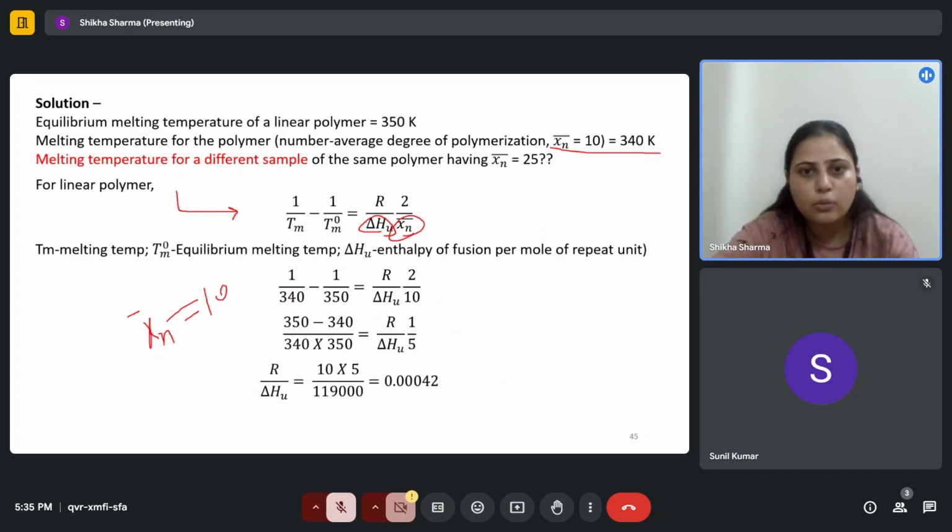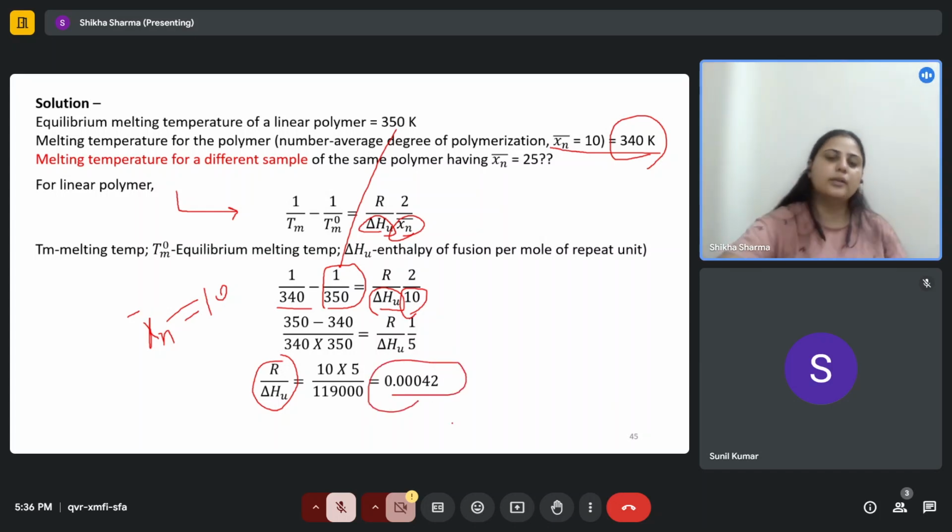So 1 upon 340 Kelvin, which is the melting temperature when the number average degree of polymerization is 10. So 1 upon 340 minus the equilibrium melting temperature, which is 350 Kelvin given in the question, equals R upon delta H, the enthalpy of fusion per mole of repeat unit, multiplied by 2 upon xn bar, the number average degree of polymerization, which is 10. So we can solve this and we get R by enthalpy of fusion per mole of repeat unit equals